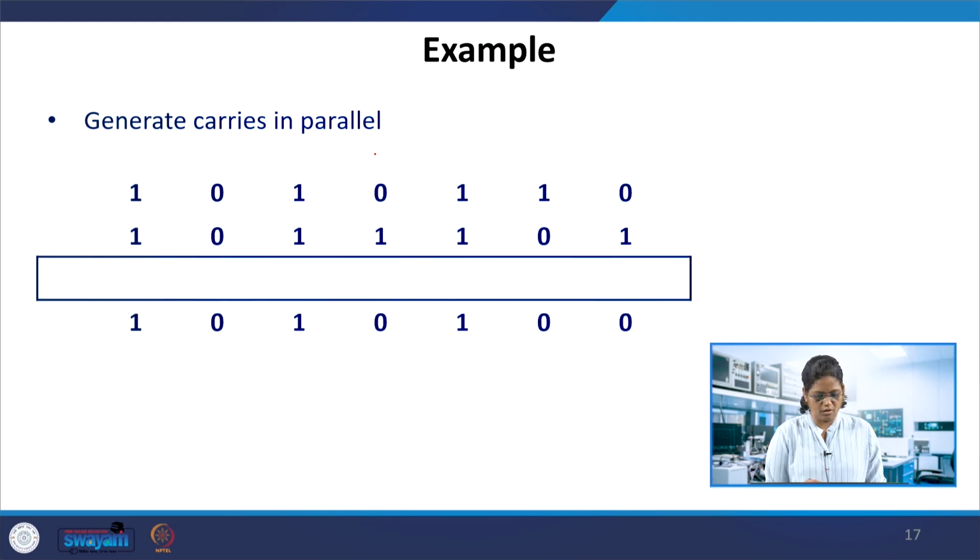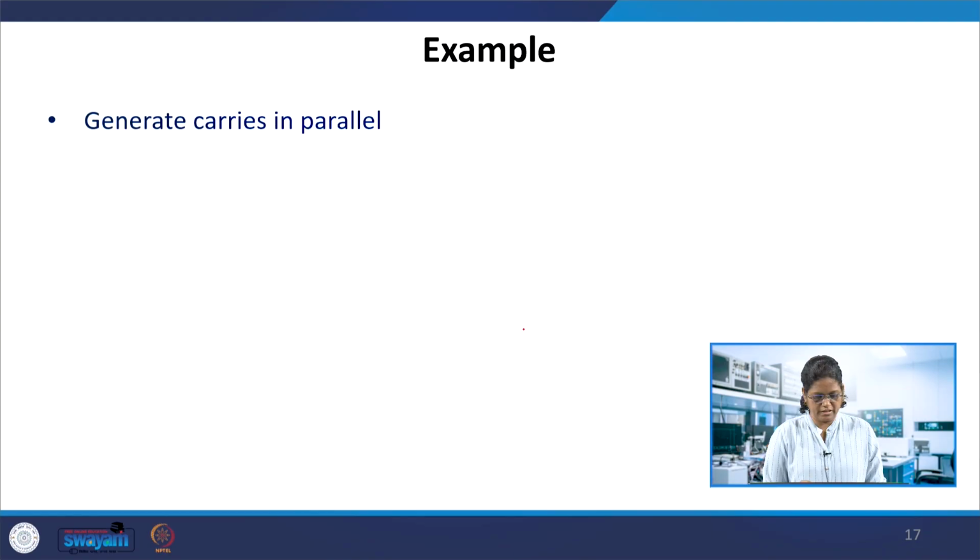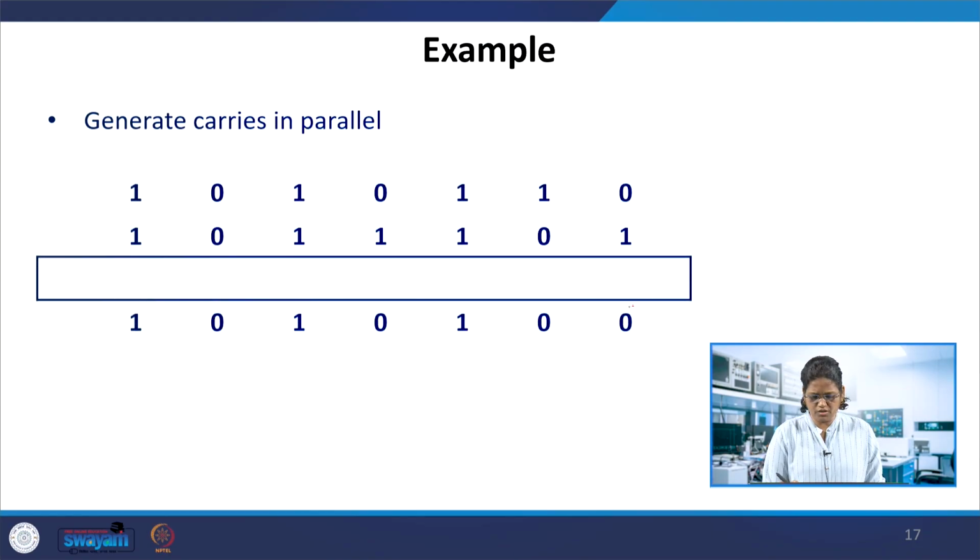Okay, so after this, in this case you ignore the carries here and generate the carries in parallel. So now, just having this sum over in sum, and then the carry alone: this stage doesn't generate any carry, this stage also doesn't generate any carry, and here yes, it is generating a carry, and here no, and here there is a carry, and this stage there is a carry. So this is the carry now generated separately in the parallel operation. So the sum separately and the carry separately.